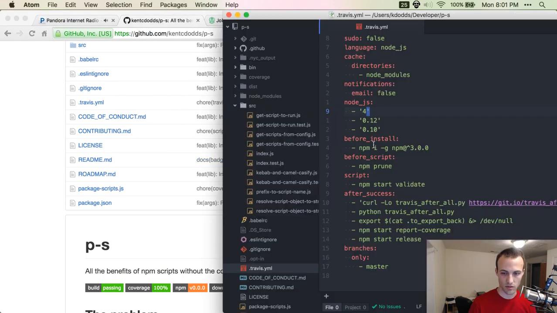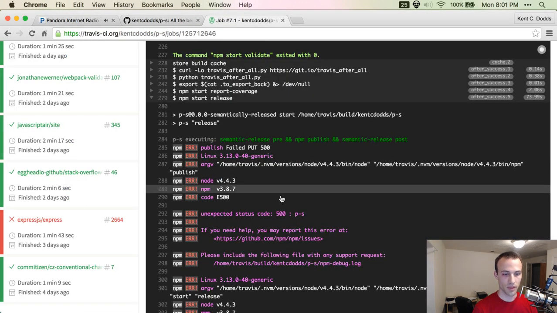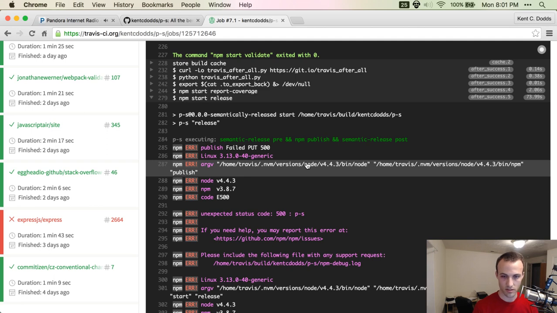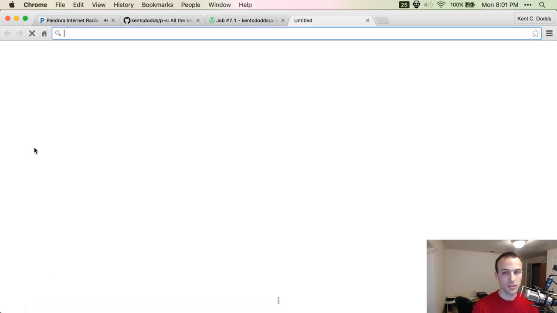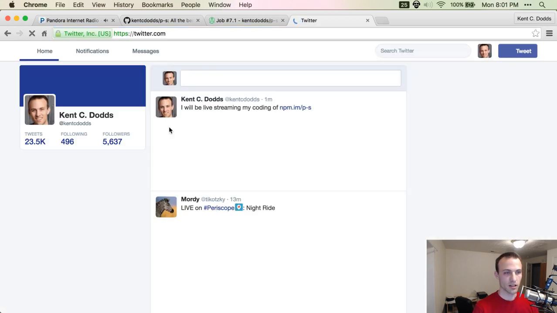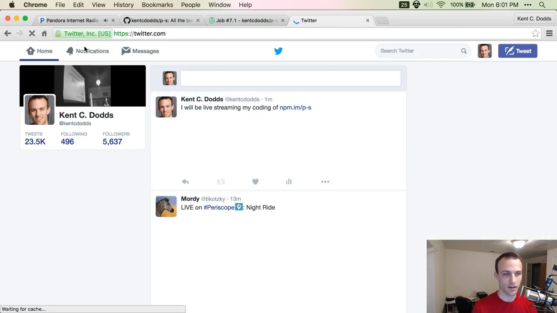of Node. So I want to test this all the way back on Node 10, as well as the latest, from Node 4, and upcoming very soon, Node 6 probably. And so this is what Semantic Release gives me, minus the report coverage stuff. And apparently that's not reliable and doesn't work most of the time, because I'm getting 500 errors when trying to put, and that is not cool. So I tweeted about this. I love Twitter for this reason, and